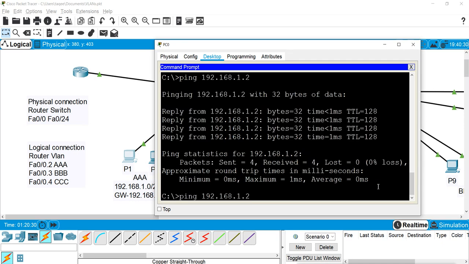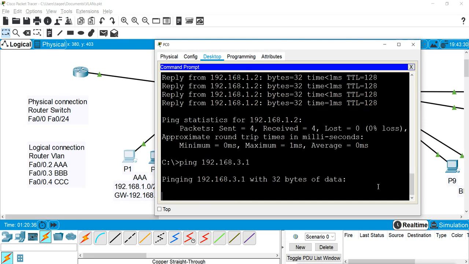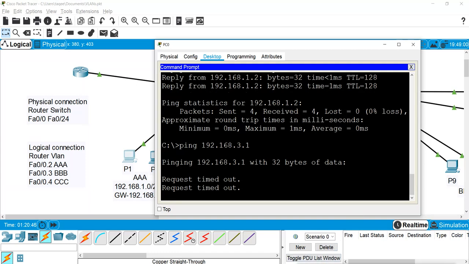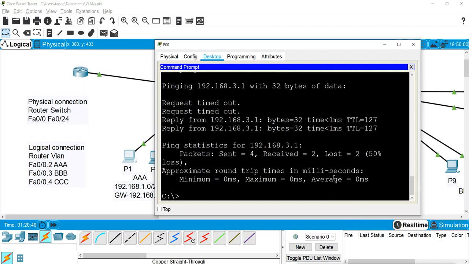Now if I try to ping the other VLAN, PC5, it will also give the reply from the router. And we got the reply.